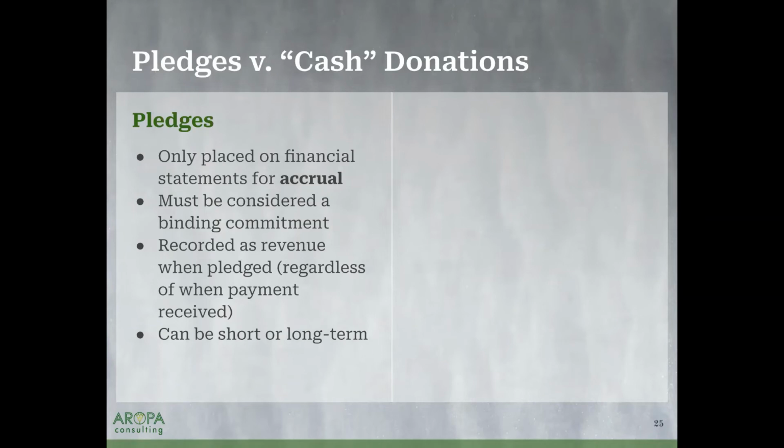In GAAP-based accounting, you must record the revenue when it is pledged. A lot of organizations that I've worked with find this a little surprising because it blows up their revenue for one particular time of the year. Right now we're in the middle of giving season. In November, especially with Giving Tuesday, individuals become really generous and open up their hearts and wallets to wonderful organizations.